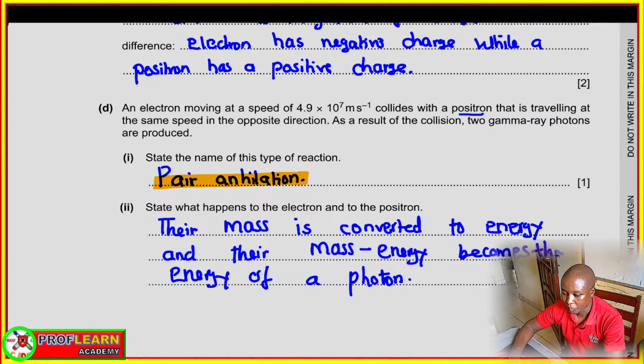So the mass of the electron and the mass of the positron combine together, and that results in the formation of two photons, and they move opposite to each other for the conservation of momentum. So that is one of the areas that you might be tested on, an area that you might be asked to